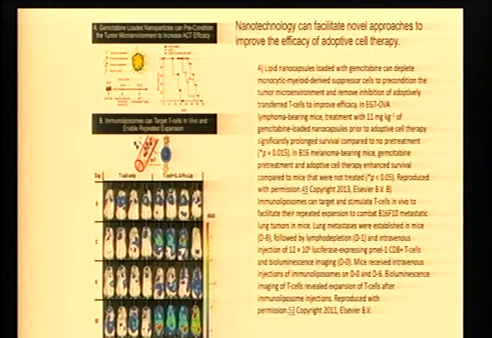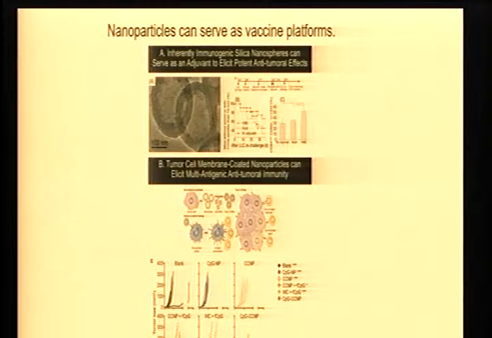So that's why I was showing you that you should think of other approaches. Those are very fancy approaches, but very expensive also. But that gives you an idea that if you remove the brakes, you can get a response. Now you have to come up with new ways of removing the brakes, right? That is the reason I showed you this particular slide. And nanoparticles can definitely serve as vaccine platforms also. So you can use them to